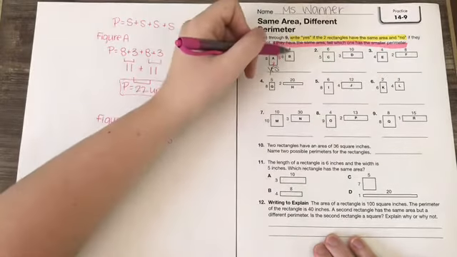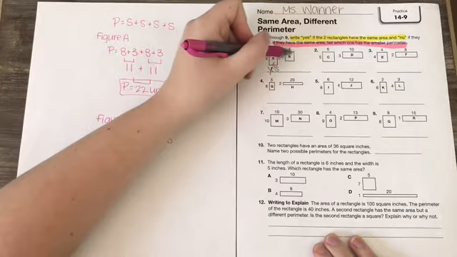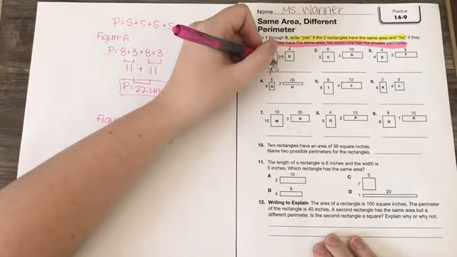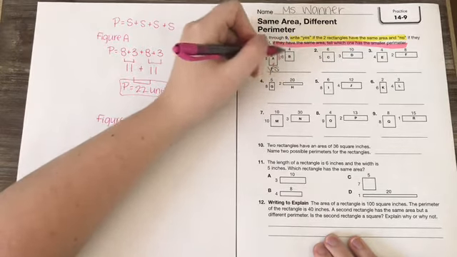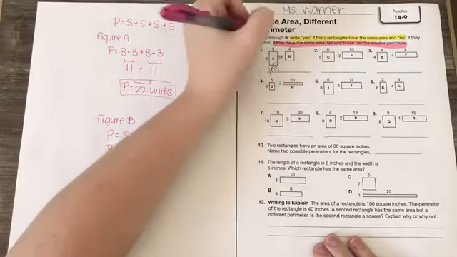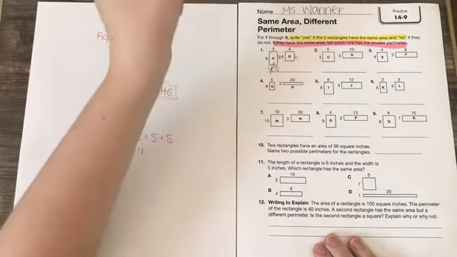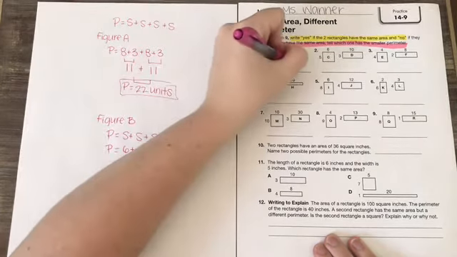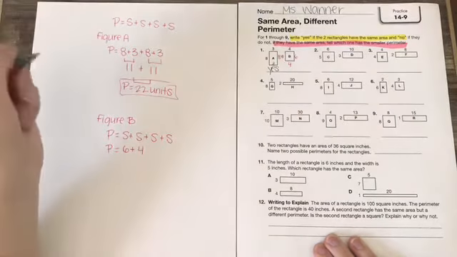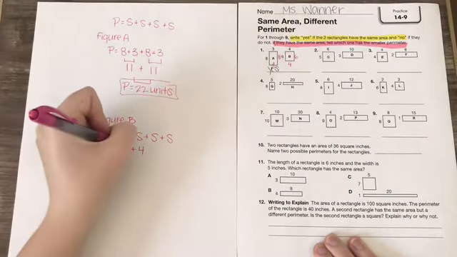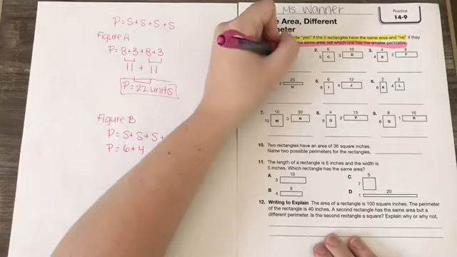And now, since this is also a rectangle, we know that these two parallel sides are going to measure the same size, and so are these. So, since this side is 6, so is this side. And since this side is 4, this one's going to be 4 as well. And so we have 6 plus 4 plus 6